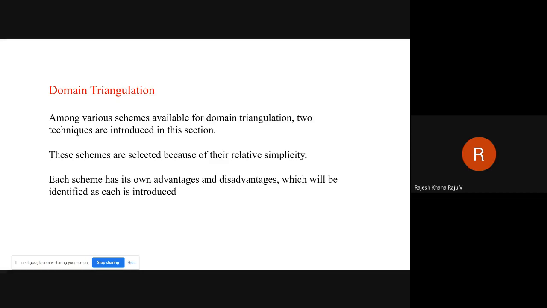And whenever we are discussing, we will try to address both the advantages and disadvantages of both the schemes, and when you can go for this, when you can go for that, and why to go for one upon the other.